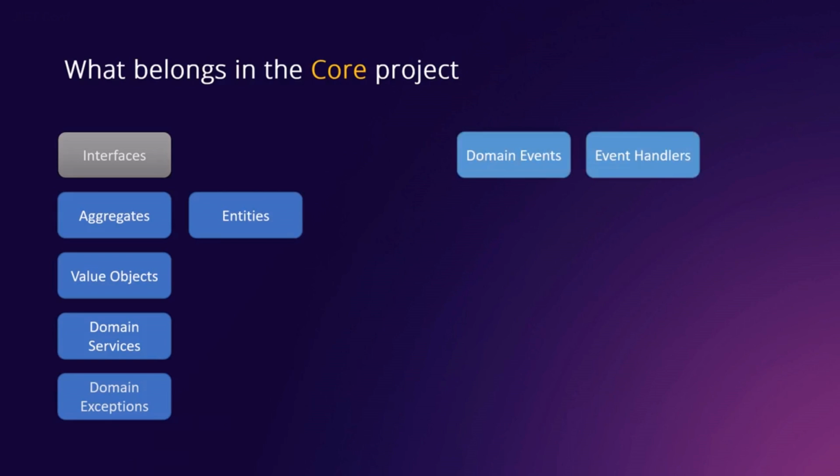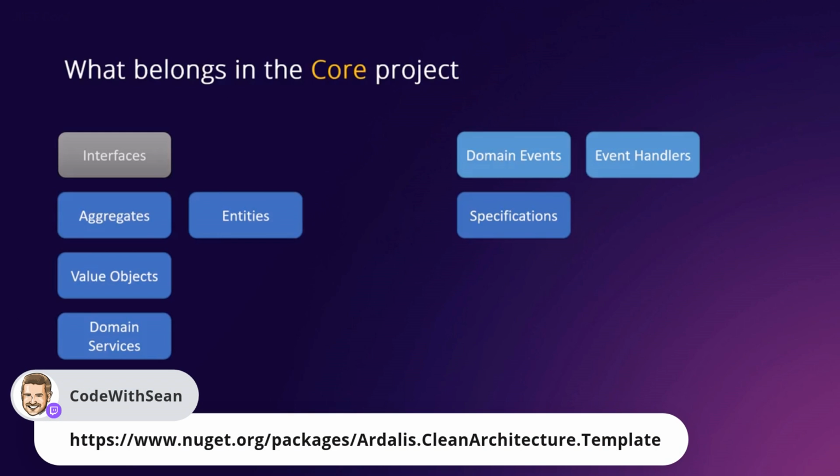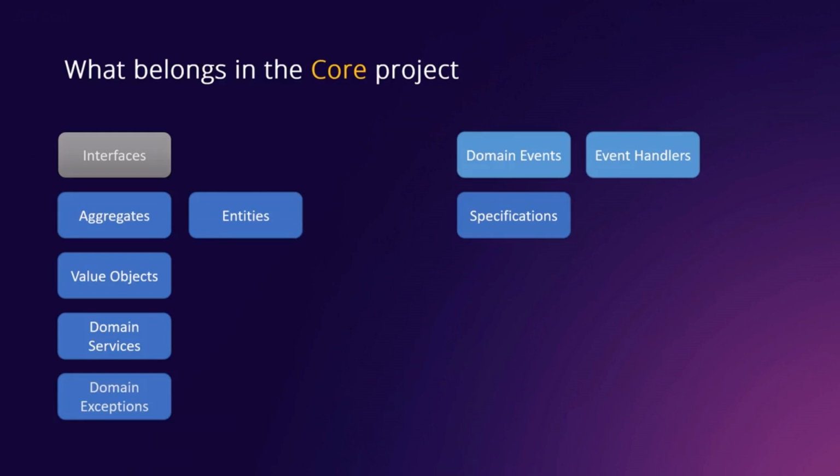If you're using domain events and their event handlers, these frequently would be in core as well. Specifications, which are a really nice pattern to use for data access. I have a NuGet package for that as well that you should check out. Combining specifications with repositories for data access makes it so that you can have really powerful data access on top of Entity Framework without having to constantly write additional repository classes or add additional repository methods. So if you've tried using repository and found that part of it to be annoying, that you're constantly having to add more classes or methods, check out specifications because it totally solves that problem.